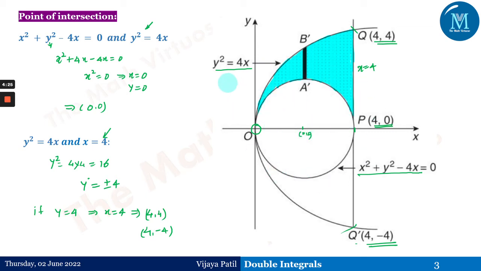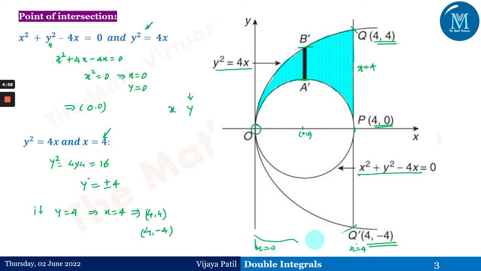Now again, we can check easily that this particular integral is given to us first with respect to y. So the inner integral is y, and then the outer integral is for x. So we have to consider a strip parallel to the y-axis over here. We have considered a strip parallel to the y-axis as a dash and b dash. So for a dash, the lower end is on the circle, the upper end is on the parabola. Therefore, the outer integral is moving from x is equal to 0 to x is equal to 4.